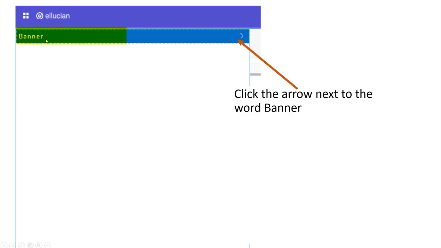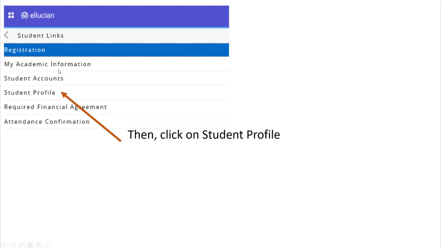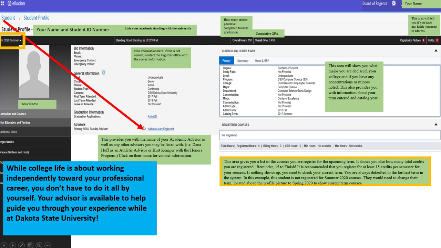At that point, you will click on Banner, and then you will click on Student Links. Here, you'll click on Student Profile. You'll notice in the middle of your page will be a spot that says Advisors. This provides you with the name of your academic advisor, as well as any other advisor that you may be